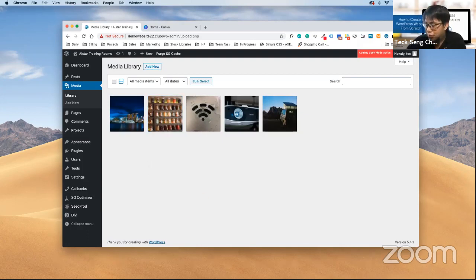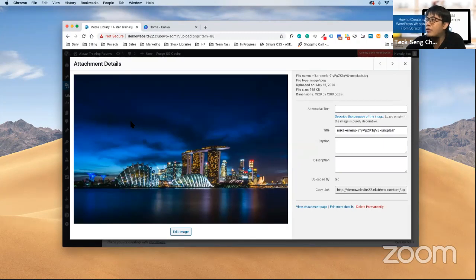It's going to be quite slow in place for this. Now select the first thing, everyone see the image, right? Select the image that you want to edit. On the bottom part of the page, you will see edit image. Click on edit image.